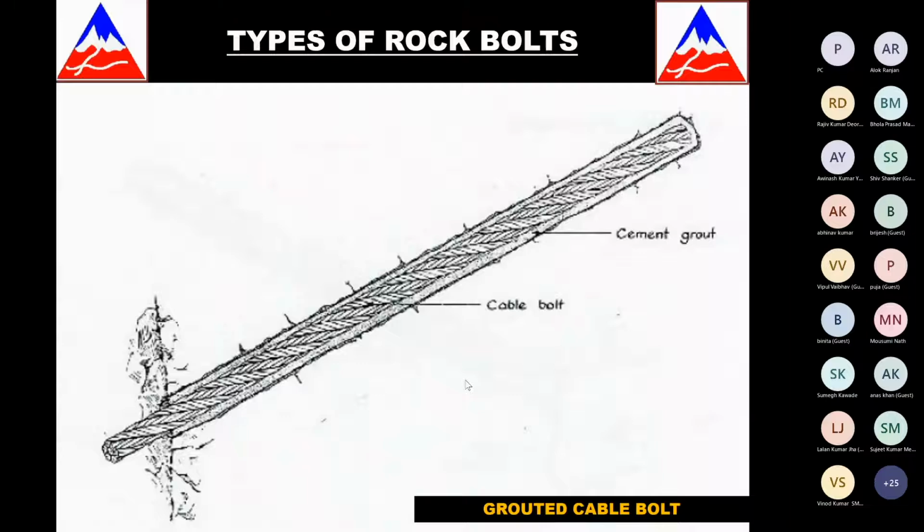Then there are obviously grouted cable bolts in case you are doing caverns and all, where the dimensions are very high and also the parent rock, or good elastic rock, is very far. You do cable anchoring where you can go up to 20 to 30 meters length and then have a grouted end of the cable, and from there you do pre-stressing of these strands so that you get strength in the mass.